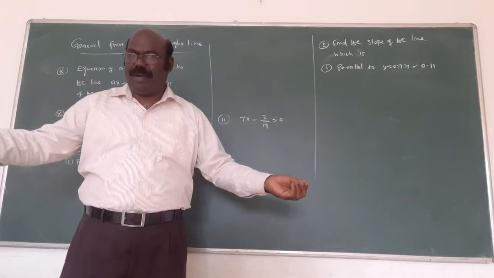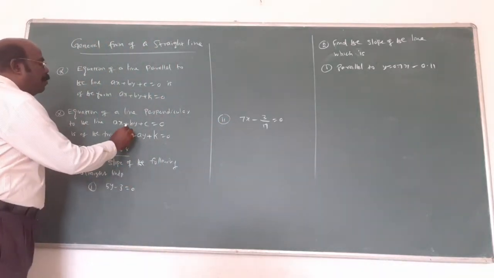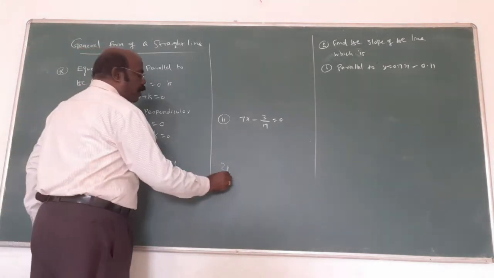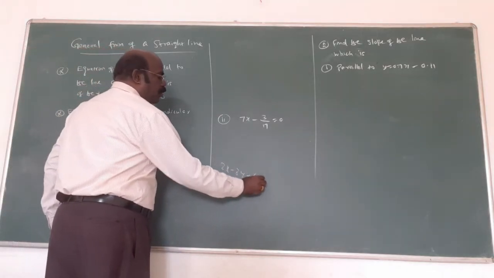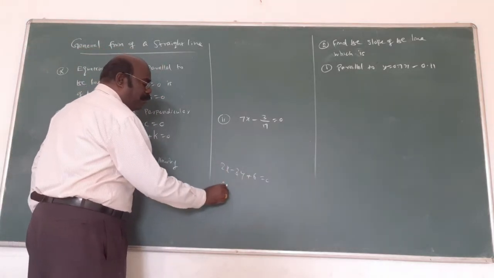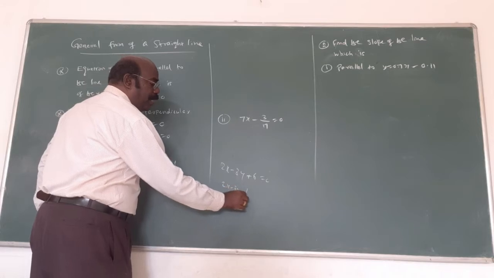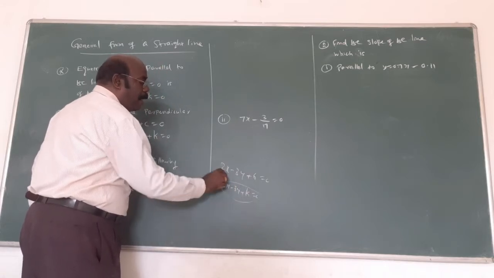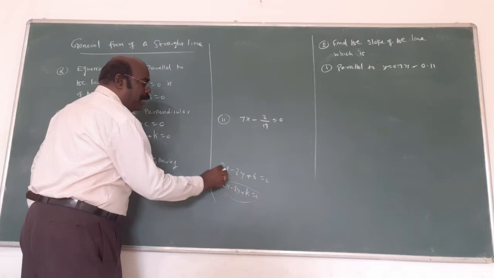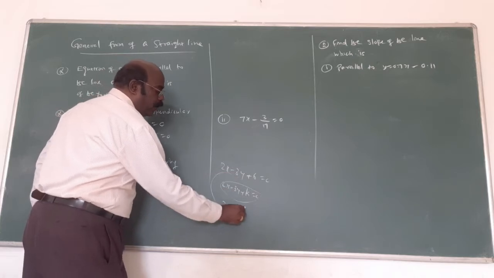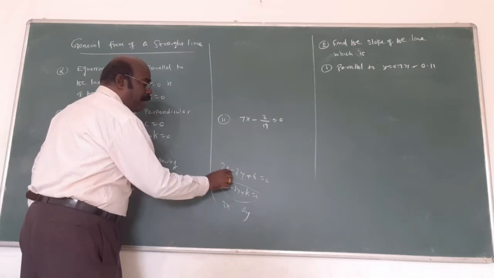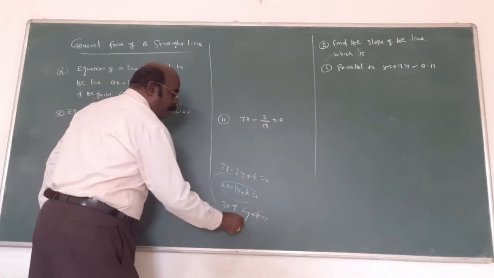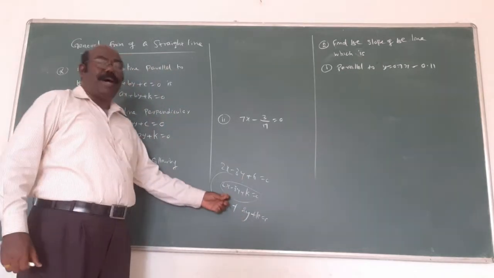Bx, ay, and in between, change the sign, plus or minus. For example, 2x minus 3y plus 6 equal to 0. The parallel is of the form 2x minus 3y plus k. It is parallel, only the constant changes. Perpendicular means 3 and 2 interchange: 3x and 2y, the sign is what? Minus becomes plus. Then assume plus k. This is called the perpendicular equation. This is a parallel equation.